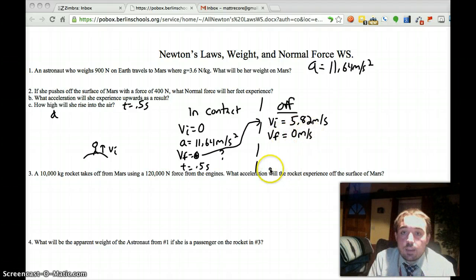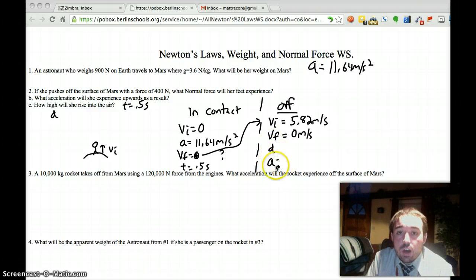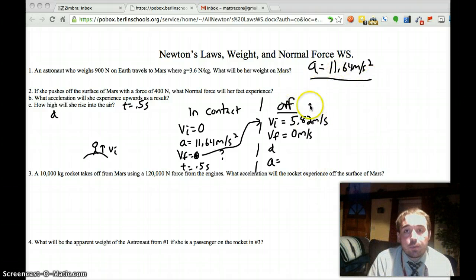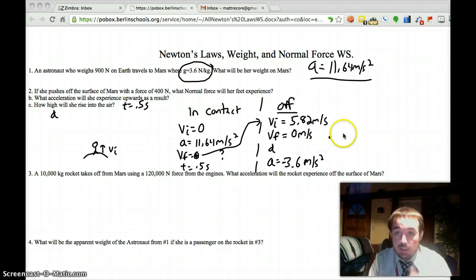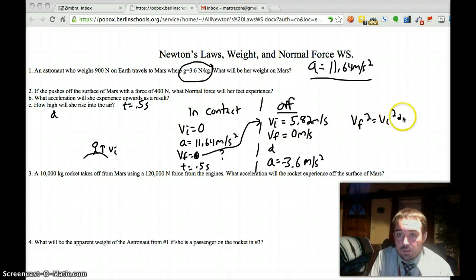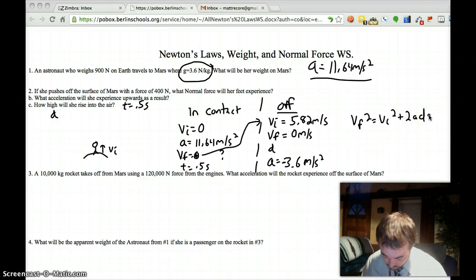Her final speed at the top is 0. We're looking for D, and the acceleration. When she's off the ground, she's not accelerating at this. She's accelerating at the rate at which Mars is pulling things down, which is this number. So our acceleration is negative 3.6 meters per second squared. And when you solve that for D, VF squared equals VI squared plus 2AD, you're going to get